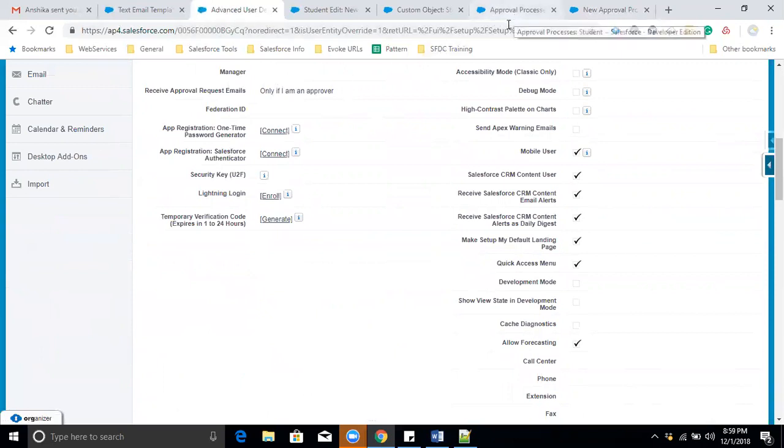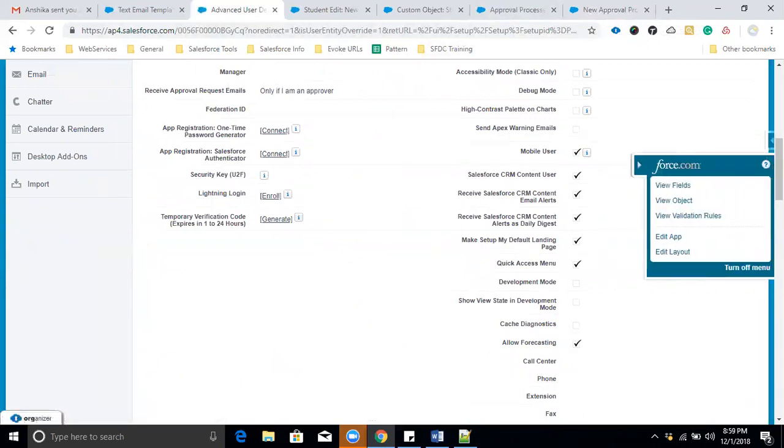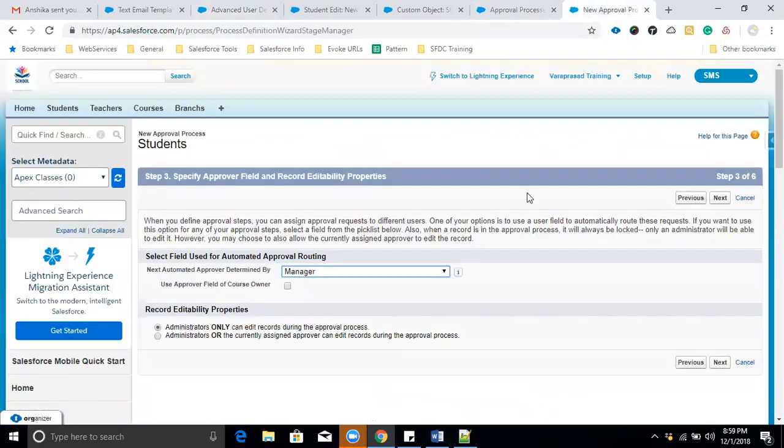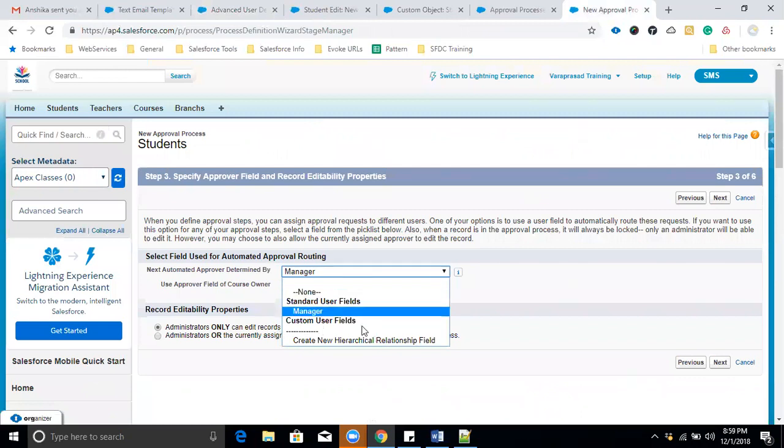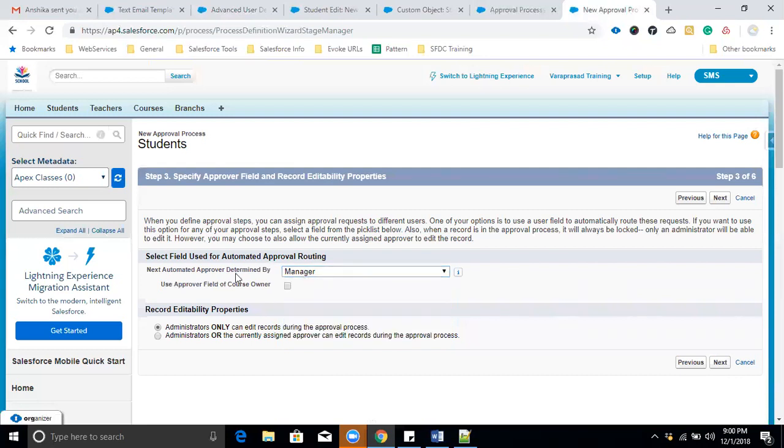Okay. So like this, even suppose if you want to create one more user, directly we know, right? Hierarchical relationship. Previously, I discussed this at the time of relations. Hierarchical relationship means we'll create a relationship between two users. So those users you can add here, then those fields will be available in this section, the custom user fields section. If you already create any hierarchical users, then those fields will come here under custom user fields. Then you can choose those fields as the approver. Okay. Now I'm setting my automated approval determined by as manager. Now I'm setting the manager.